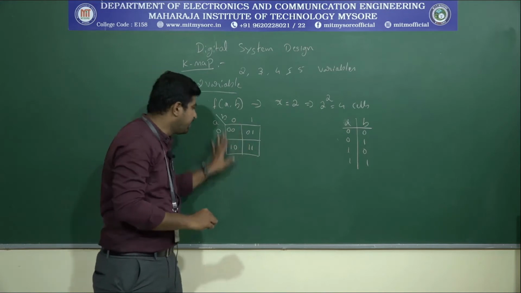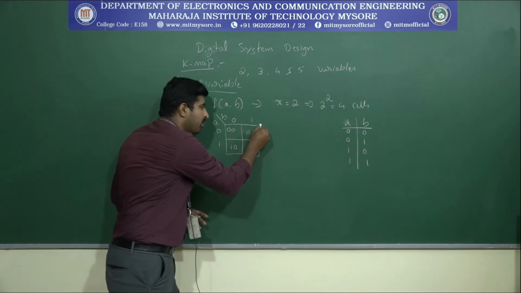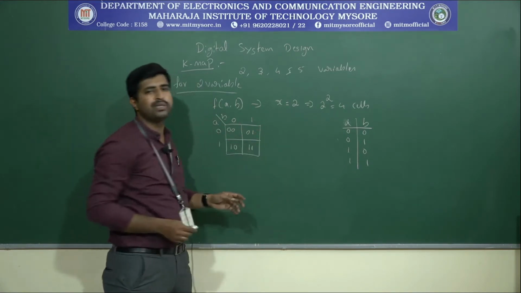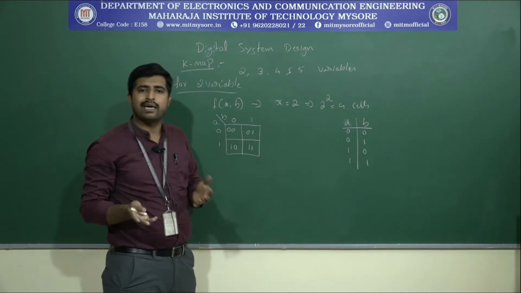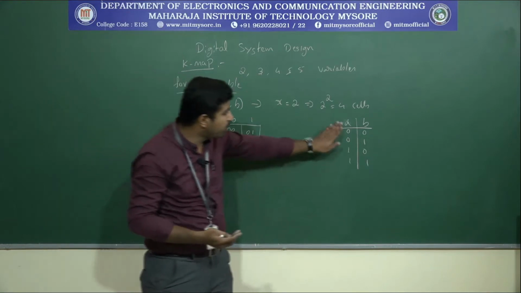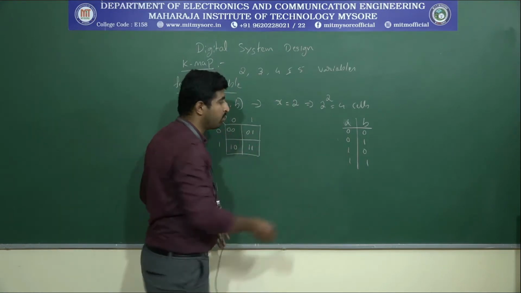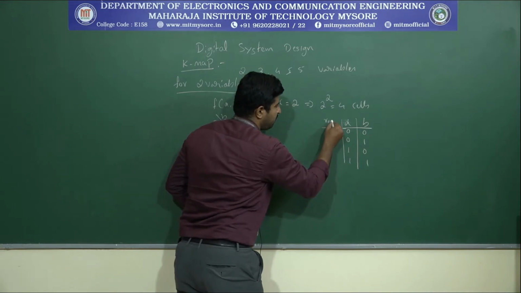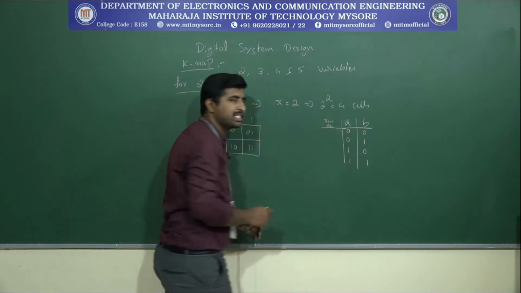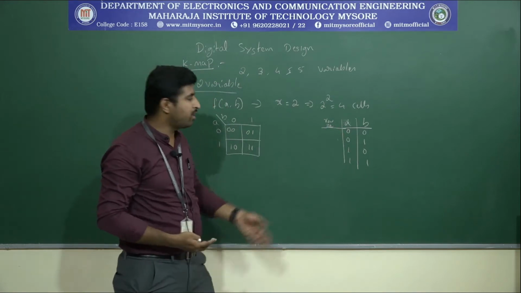Okay. So here in the K map, we are going to number these individual cells. The numbering of the individual cells will correspond to the row numbers in our truth table. So, how have we written the row number in a truth table? The row number corresponds to the decimal value of the truth table.